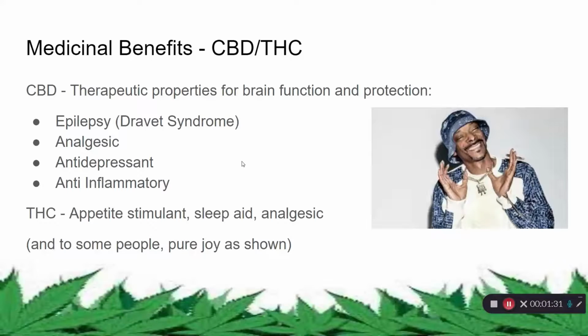CBD decreases the production of inflammatory cytokines, influences microglial cells to return to a ramified state, preserves cerebral circulation during ischemic events, and reduces vascular changes. It also has been shown to be very helpful in reducing the number of epileptic attacks in those diagnosed with Dravet syndrome. Delta-9 THC has also been shown to protect the brain from various neuronal insults and improve the symptoms